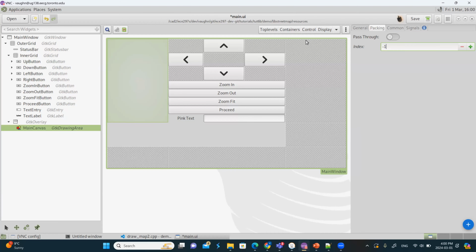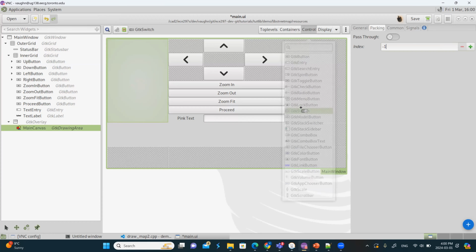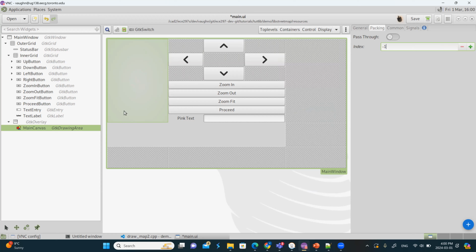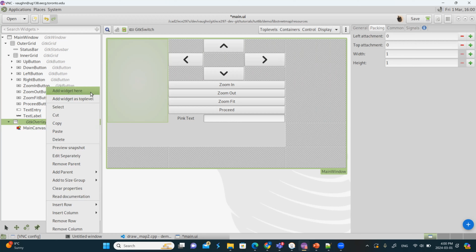And now I want to put something on top of it. So I'm going to put on top of it a different kind of control. I'm going to put on a GTK switch, okay? So I've got a GTK switch, and to put it on the overlay, I right-clicked on the overlay, and